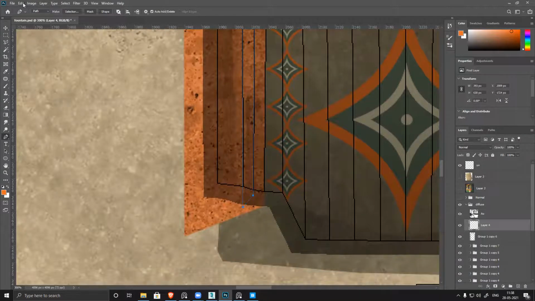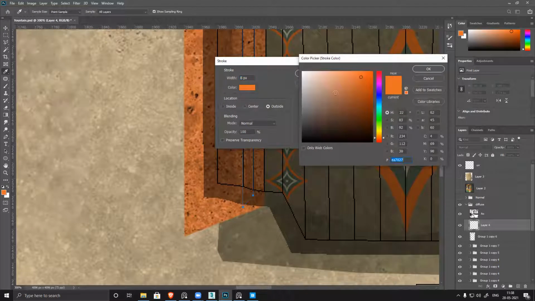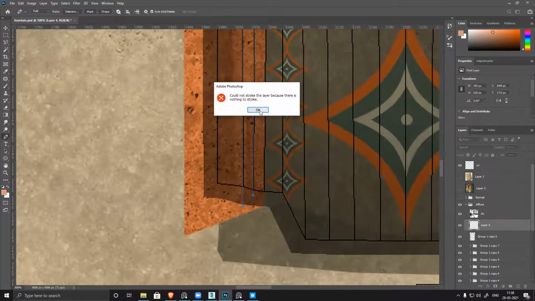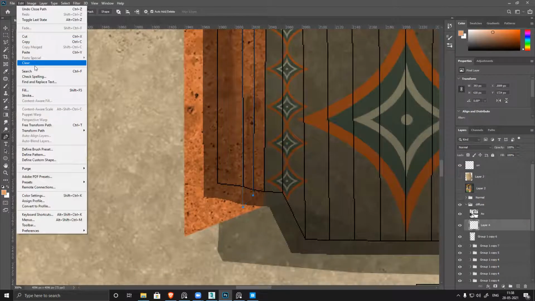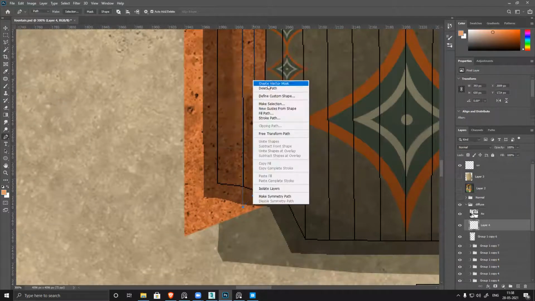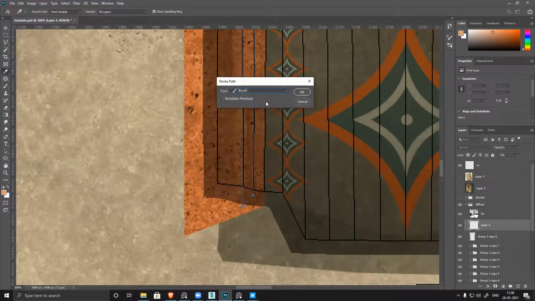Connect these two. Now go to edit, stroke, fill white or maybe little bright orange, 8 pixels. Right click, stroke path, select your brush.